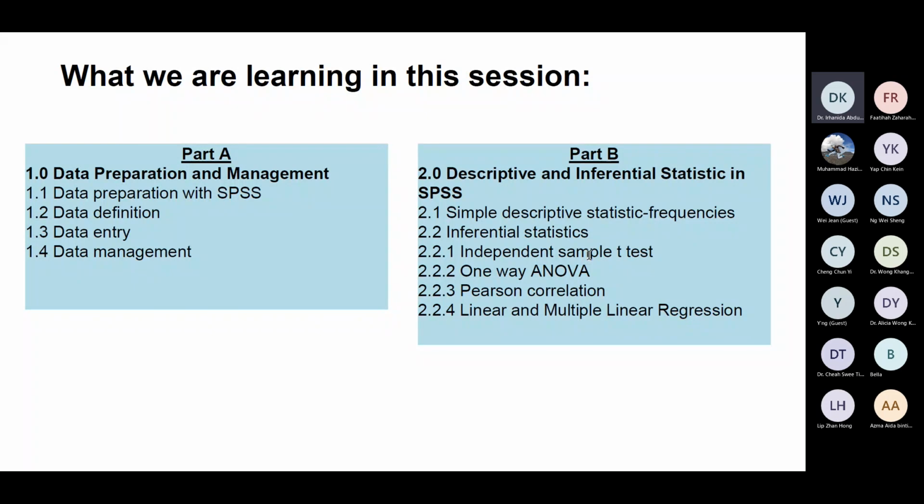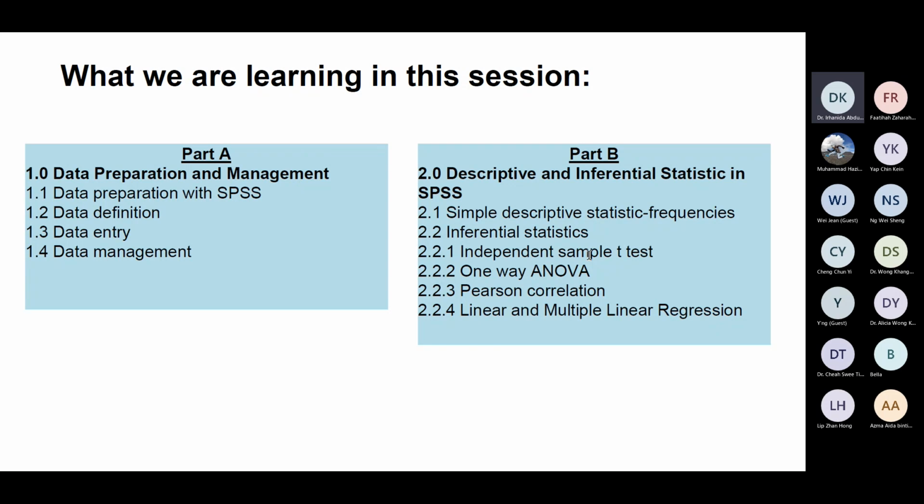And then for the inferential statistic, I will only teach you how to do independent sample t-test, one-way ANOVA, Pearson correlation analysis, and then regression analysis, linear and multiple linear regression. So all these four analyses are the very common analyses that we use in our master study, our undergraduate study, and some in PhD study.